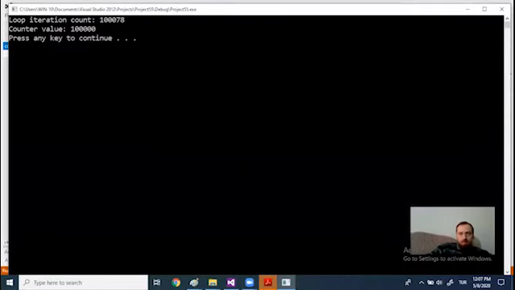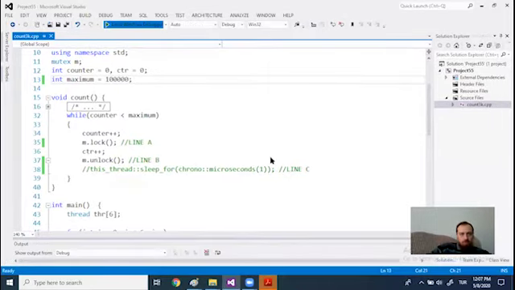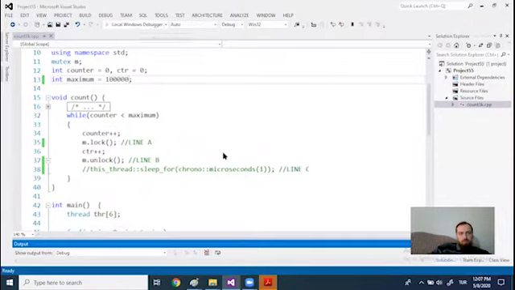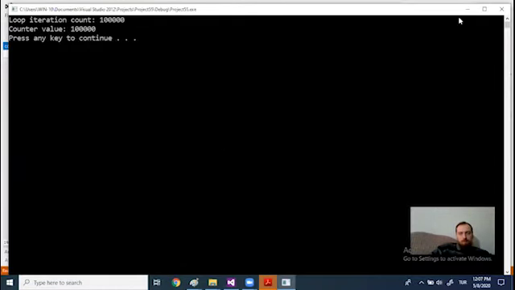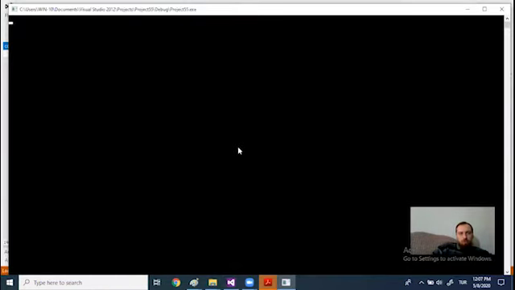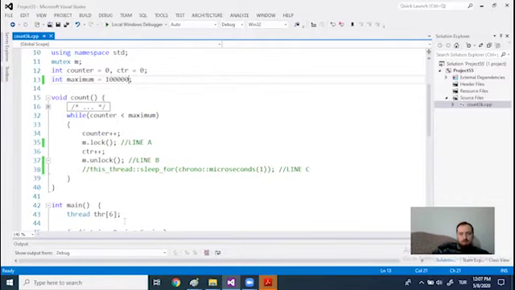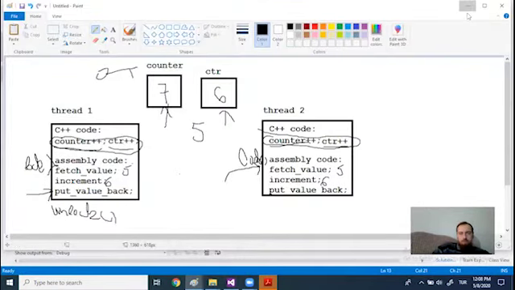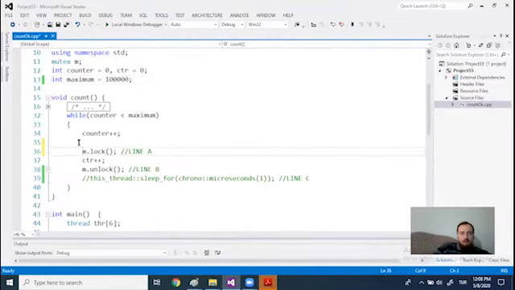Okay, we have it, but let's do it this way. So this is what we should get actually, because we lock the resources. Actually, I have some objections towards this code. Why do I have an objection towards this code? Because we use only one mutex, and this is not how it should be done, because we have, as you see here, 3 shared resources. So basically, we should use one mutex for CTR, and maybe we should use another mutex